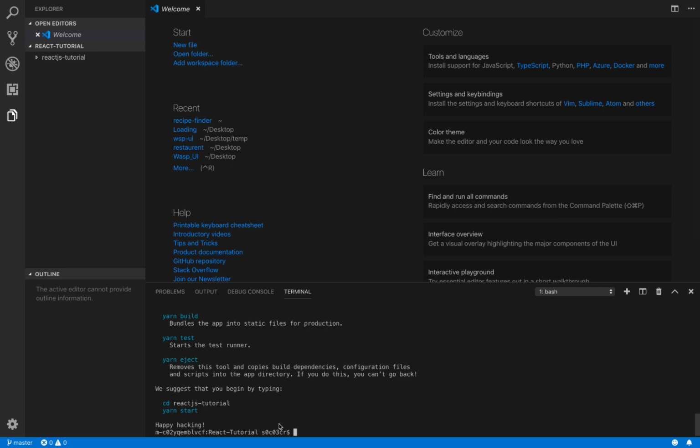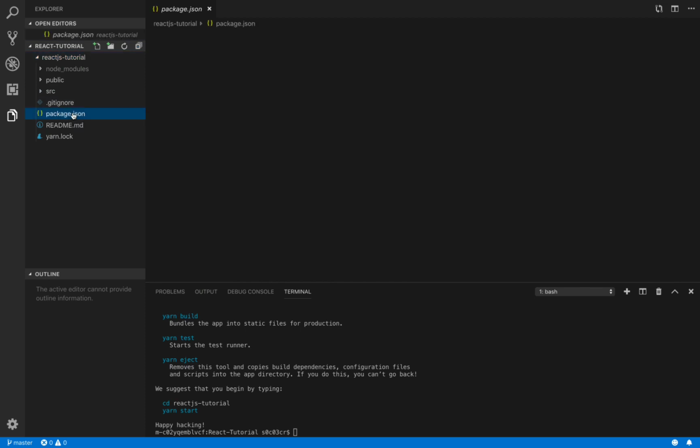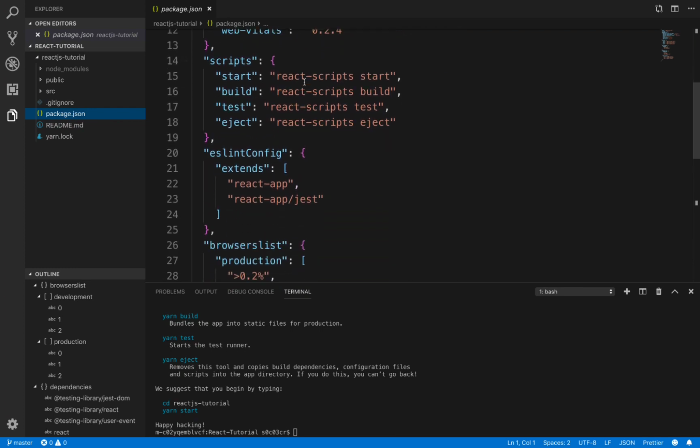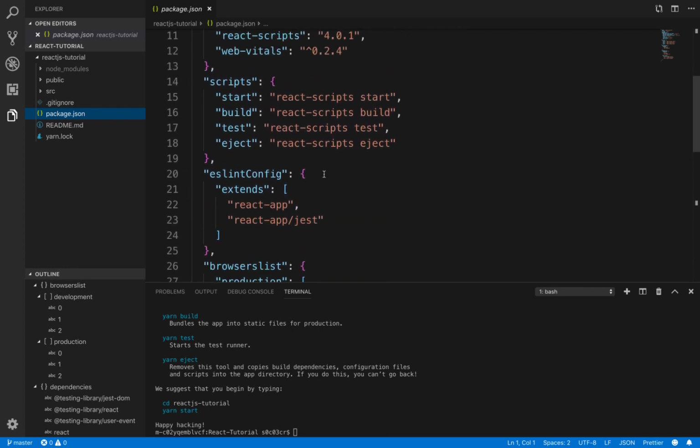Now the React app is created successfully. Now let's actually look at the folder structure and understand what is being created. As you can see, there are basically 3 folders and there are 4 files in the root directory. So the first thing is package.json. This package.json is basically going to contain all your dependencies for the project. It also has various scripts that you can run to accomplish various different tasks.